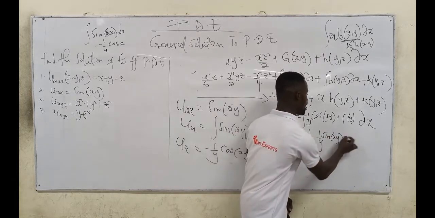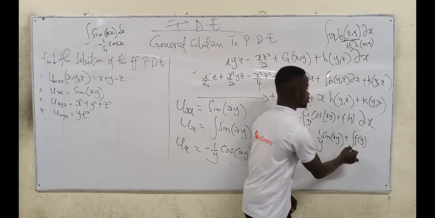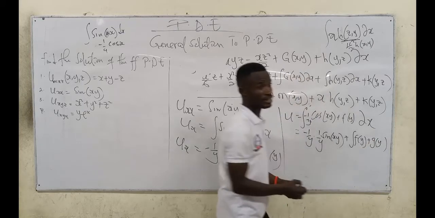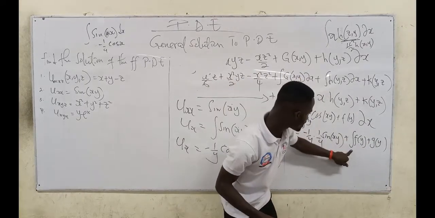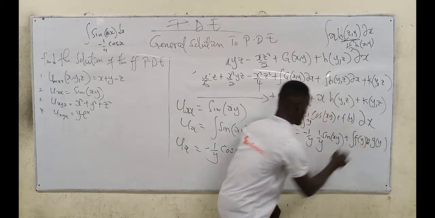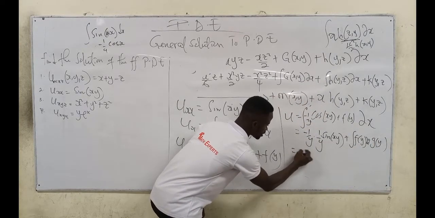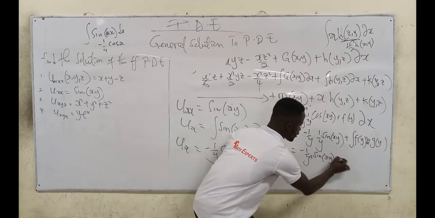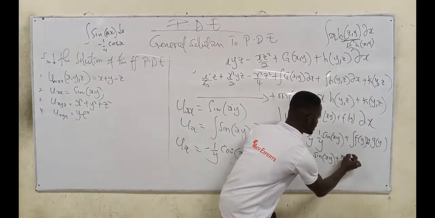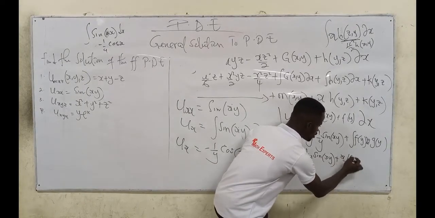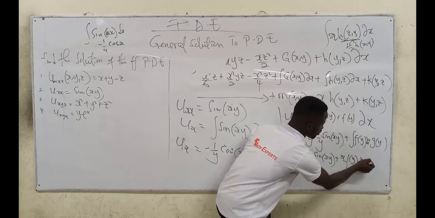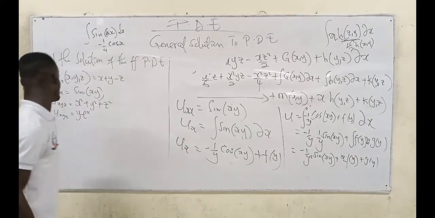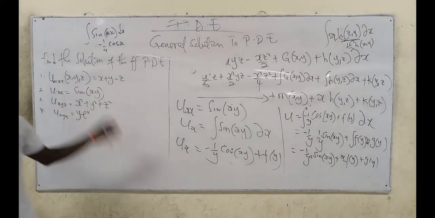Okay, let's move on, plus g(y) again. So what will happen to this? Negative 1 over y squared sine of xy plus x f(y). So that's it. The rest is double and